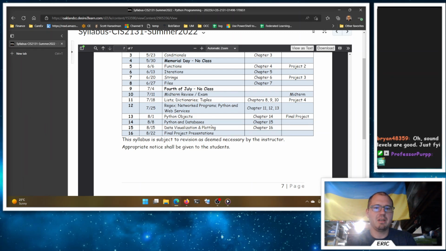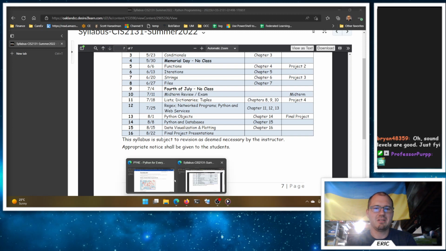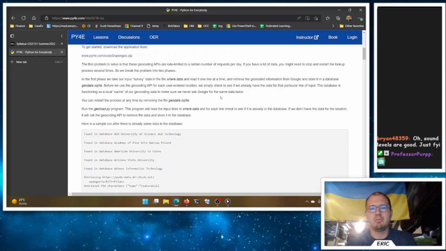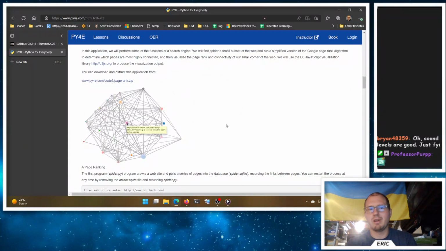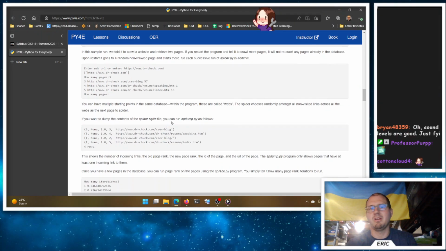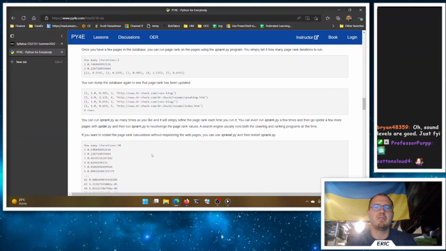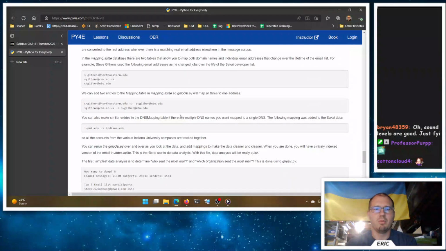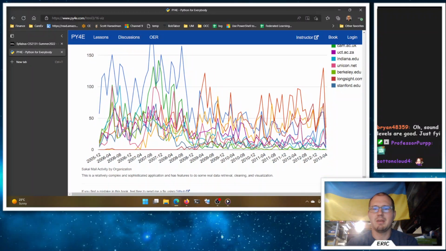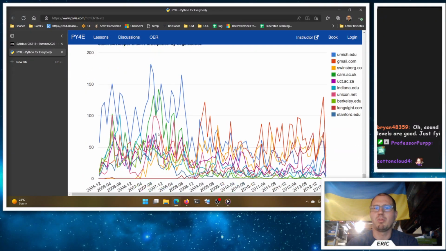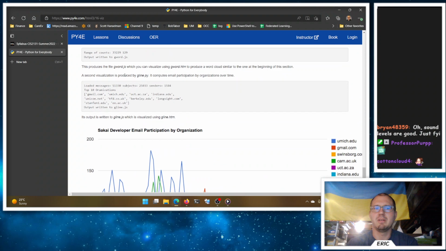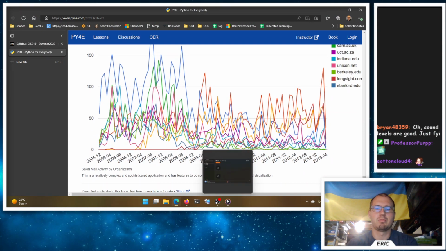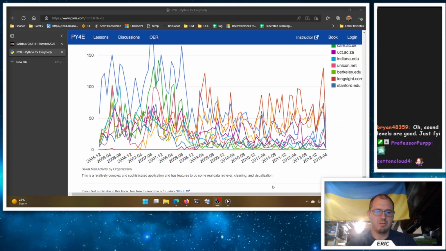All right, so we're going to look at data visualization and plotting. Again, Dr. Chuck's chapter is great. Lots of cool examples, like building out a map you can do, doing these little graph things, but it's all like download his code and hit run. It's not really a lot of interesting stuff that we can explore necessarily. Word clouds are fun. So what I would rather spend some time doing is looking at making our own plots. Things like this are a little bit more interesting. But we don't need to go and get all this data out. We can look at some of our own data as we're going about this to see what we need to do for that. So let me fire up PyCharm here